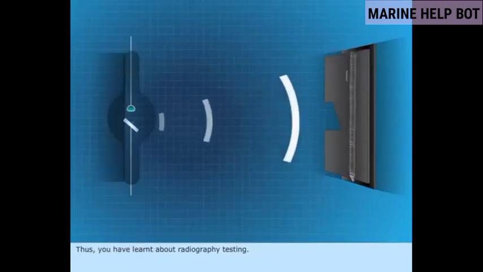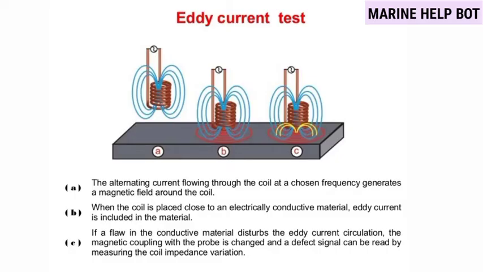Now moving towards our fourth test, the eddy current test. Here are three figures, A, B and C. In figure A, the alternating current flowing through the coil at a chosen frequency generates a magnetic field around the coil. In figure B, when the coil is placed close to an electrically conductive material, eddy current is induced in